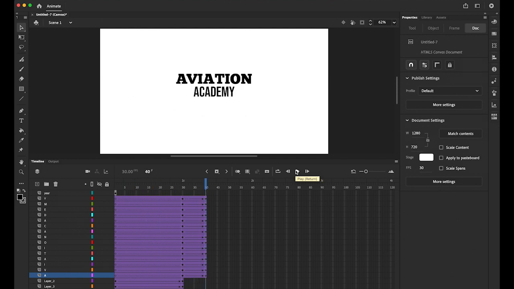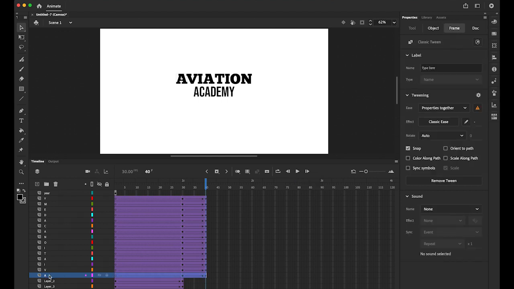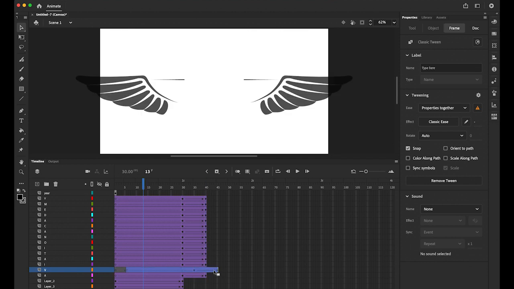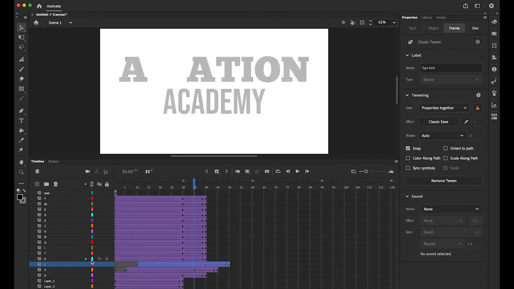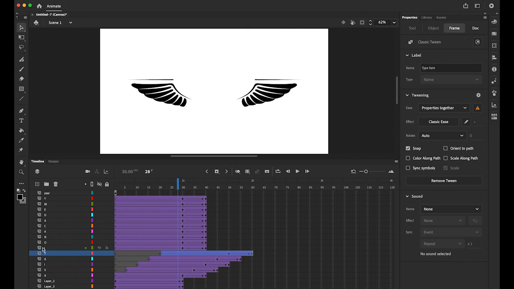But I want to give some more kind of dynamics. So what I'm going to do is, from the A, I'm going to give some kind of little time delay in between the individual letter form. So select the letter V, second letter, and move it to the right 5 more frames, like that. And I, 5 more. Next letter, 5 more. So select the layer and grab the whole thing, keep pressing and drag it. Just like that. Next letter,